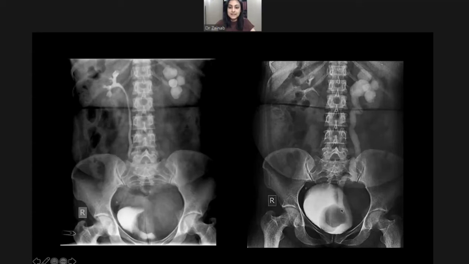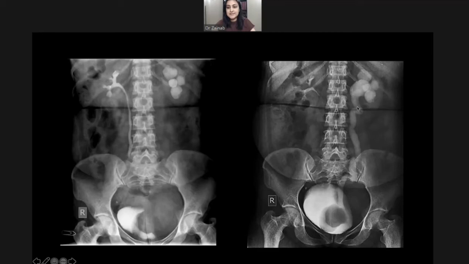It's grossly dilated up to the distalmost vesico-ureteric junction, where we are seeing that there is a sharp cutoff, and then there is a smooth filling defect which is noted in the intraluminal aspect of the bladder. There is no mucosal irregularity associated here, which is important. Apart from that, the bones and the soft tissue predominantly appear normal. There are no other associated anomalies.